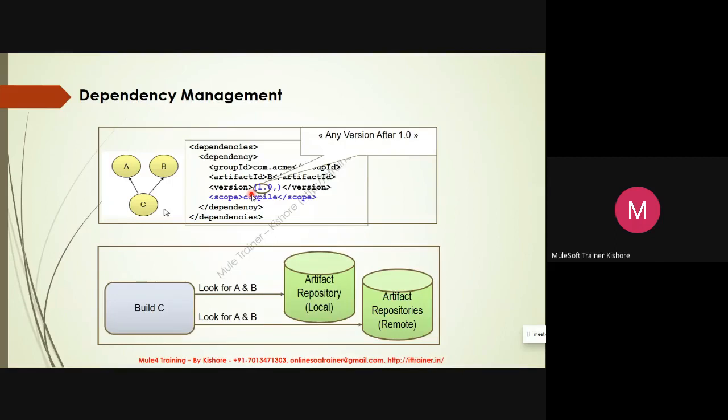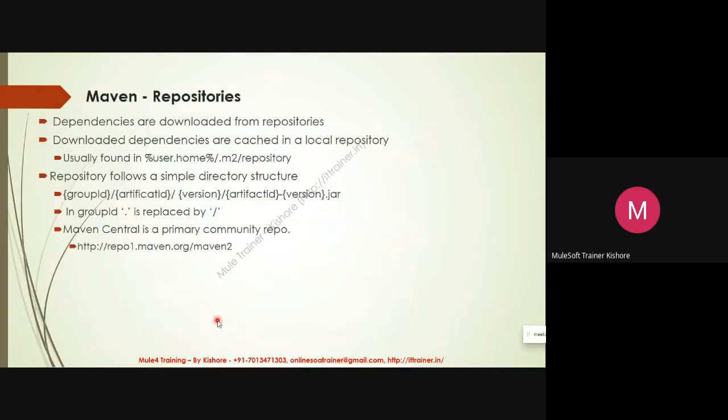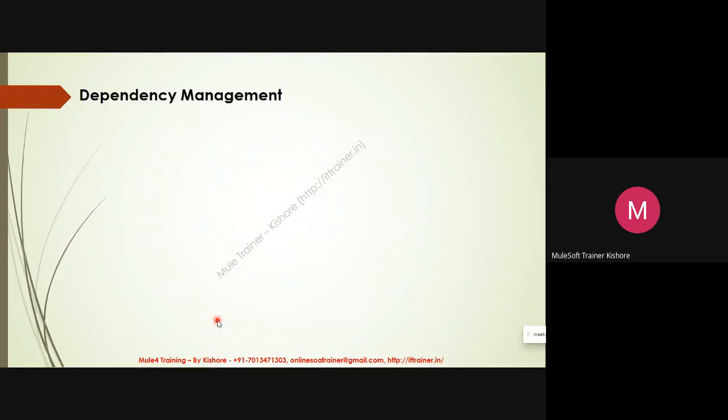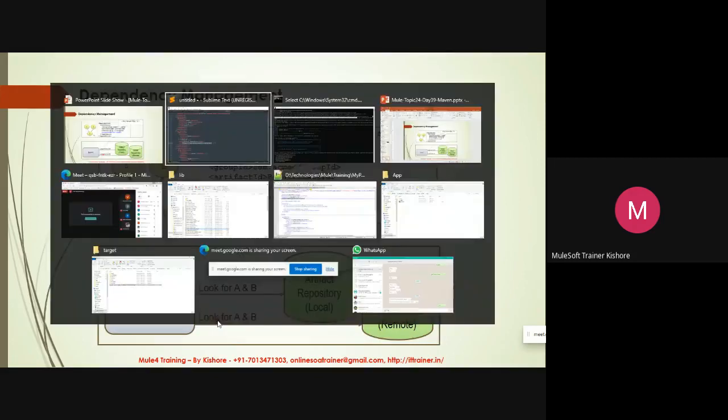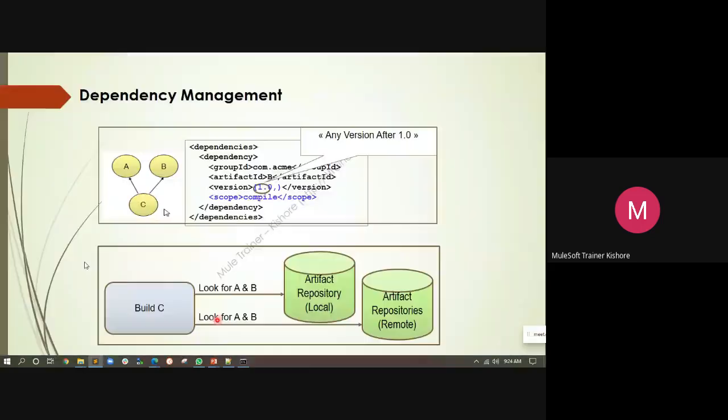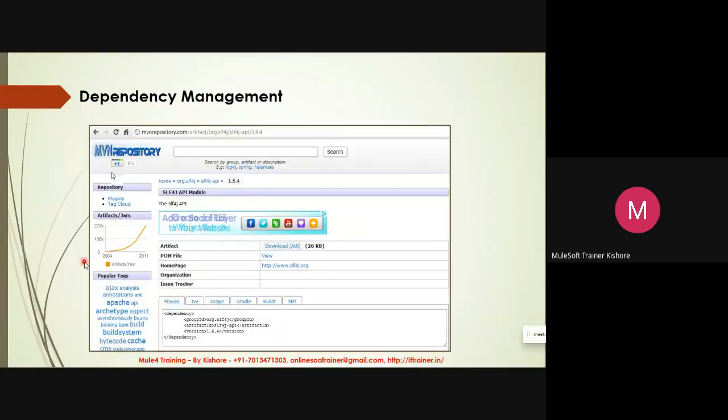Okay, and then first of all, when you are building C, your C needs A and B jar files to complete its compiling or running. At that time, when you ask Maven, what Maven will do is go to your local repository first and look for whether A and B are available or not. If not, it will go to the remote repository that we have mentioned as part of your repositories element. Whatever repository elements you keep, it will go to that location and get you the things.